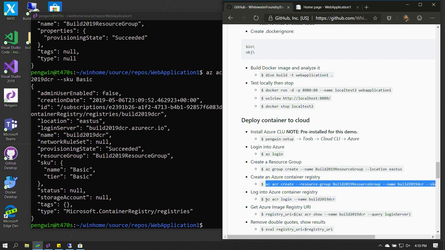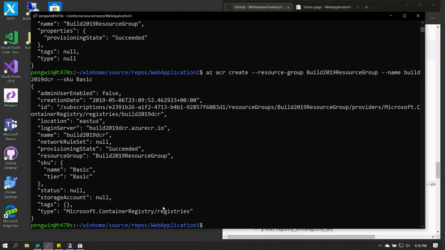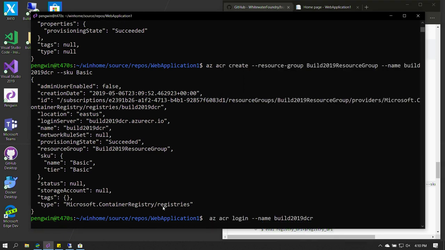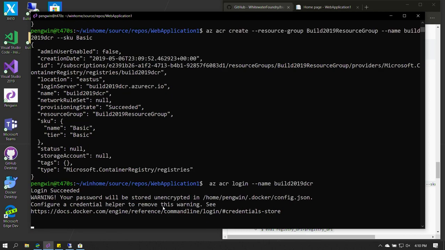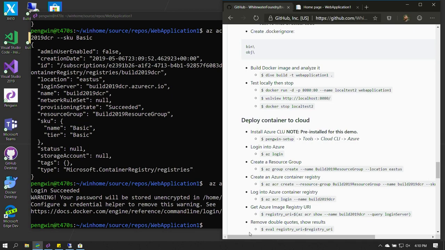Now you can see it's created. It successfully created the container registry. So we are going to log in to this Azure container registry. Yeah, login succeeded. So now we need to retrieve the image URI, and